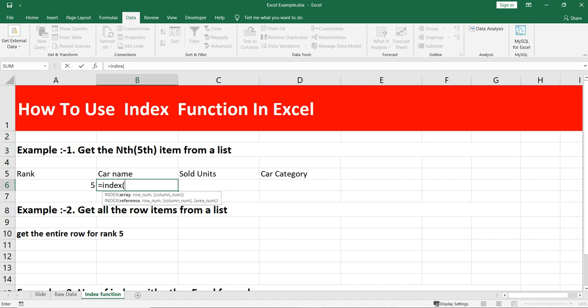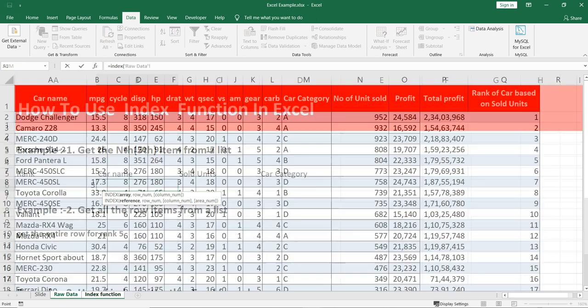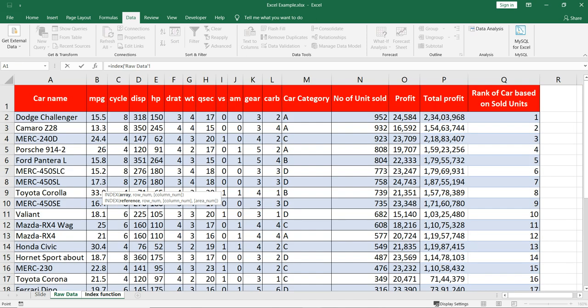This array means the table from which you want to get the data. For us in this example, the array is this raw data. Either I can select this entire range, or we can simply click on this small square box so that it will select the entire sheet. I'll tell you why we should select the entire sheet.